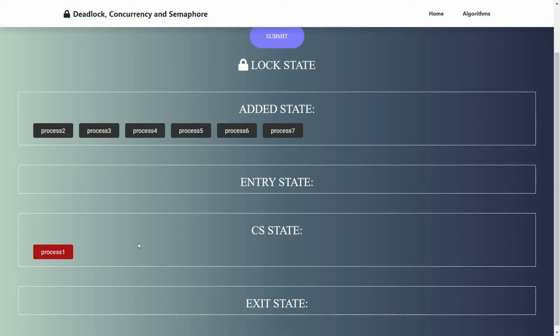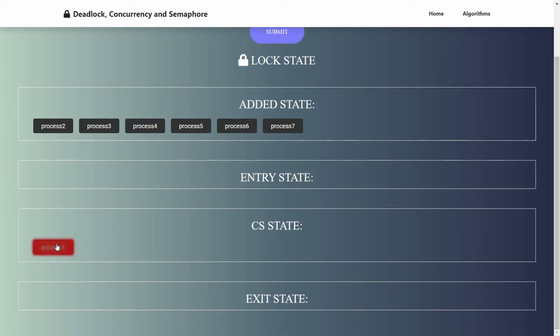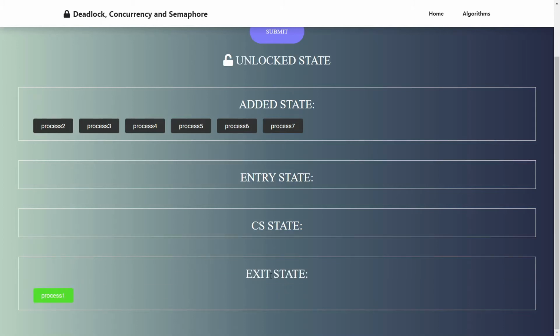As the critical state is filled, it will display the lock state here. Now if I click on process 1 again, I mean if I execute process 1, it will go into the exit state and the critical state is empty, so we will have the unlock state here.